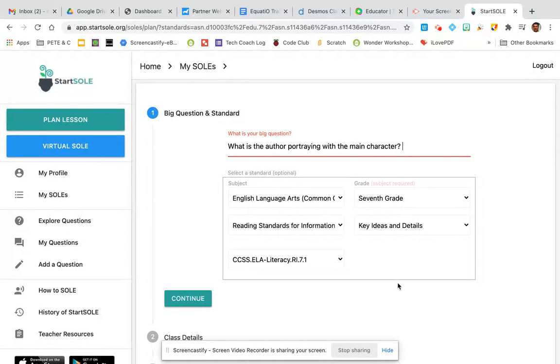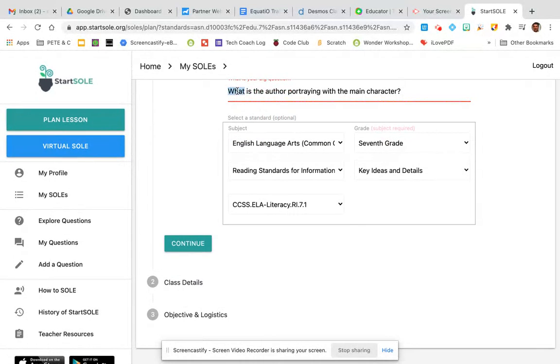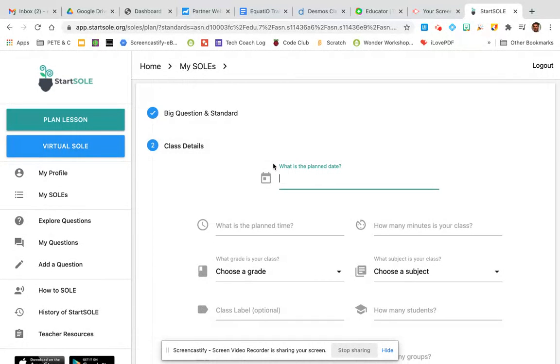Okay, so I'm going to change that to how. Okay, so I can go ahead and I can hit continue, and then it's going to give me class details,